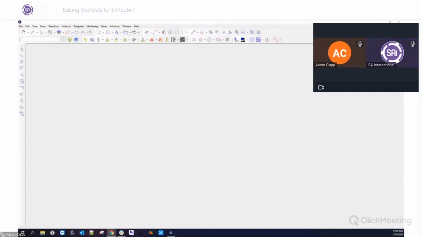The idea of sharing tool lists is something that's been around for a while, and it's a little bit tricky to handle, mainly because you have two separate applications trying to access the same file or the same data, and then what happens when one of them updates it and the other one doesn't? That's kind of problematic. We've had that problem with our other software, Flexi, before, where when two people try to access the same file at the same time, it causes all kinds of crashing and issues